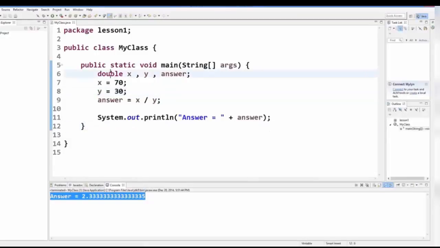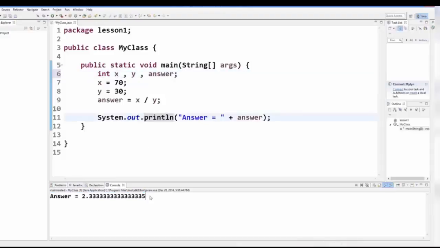So when you declare your variable as double, you will get the decimal values, and when you declare your variable as int, you will just get the whole quotient value, not the remainder. Okay, so when you run the program, you will only get the quotient. Okay, now there is one more interesting operator in Java, which is called modulus operator, and this gives you the remainder of the division.